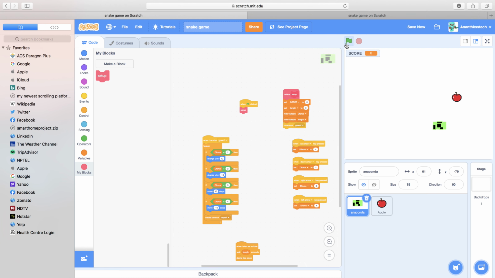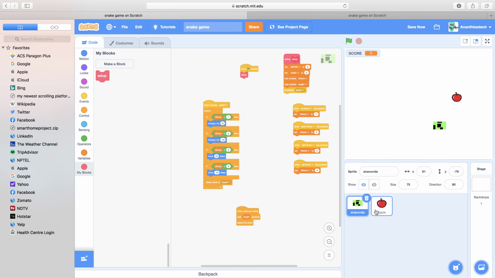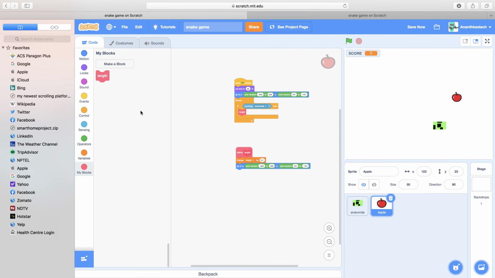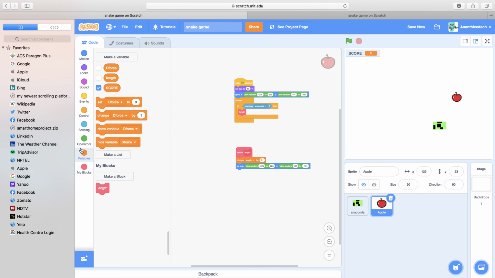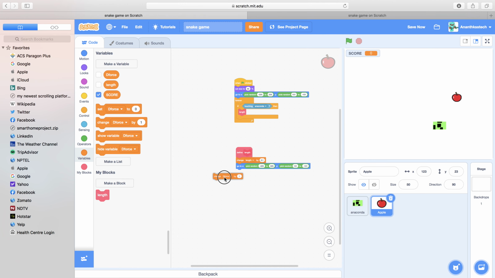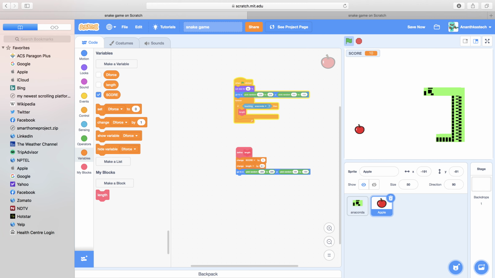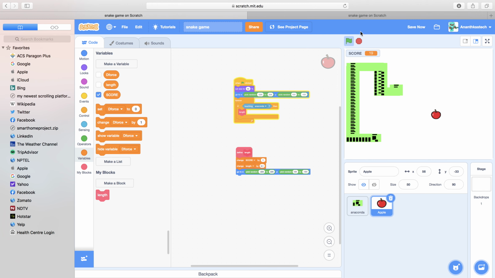So now this is going to do quite the same thing, but now we need to put something that changes score, right? So if touching snake, then length. Now we are going to go to the variable section and put change score by 1. Now let's see this. As you can see, the score is changing, but the problem is that the snake takes so much time that it is changing the score by 1. I don't think I collected 14 apples in one go, did I? So this is not exactly a type of scoreboard, but it is a default scoreboard.